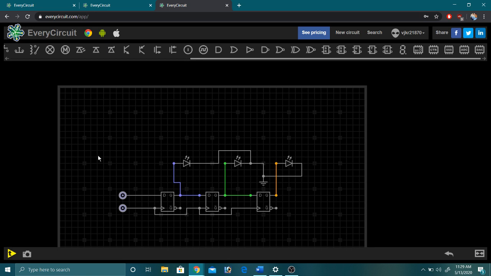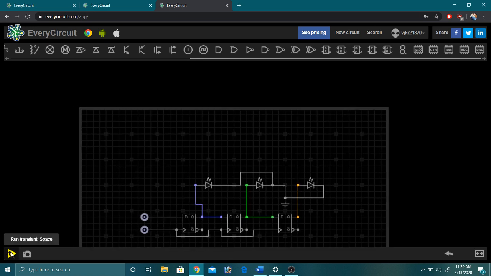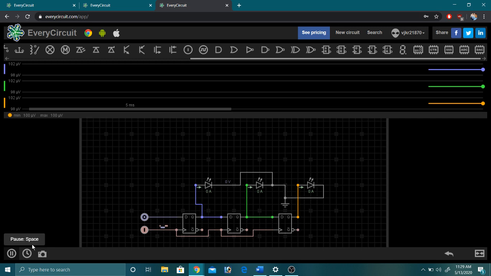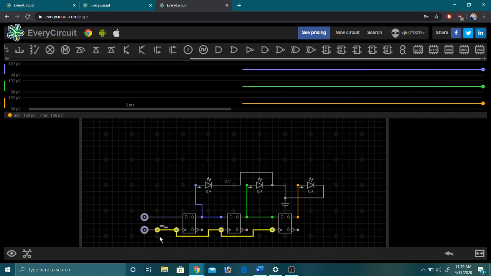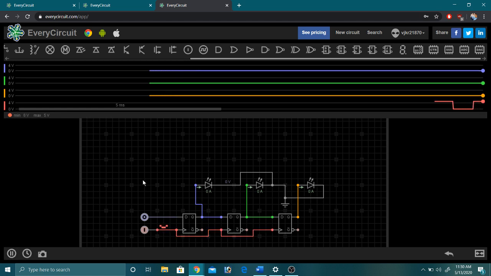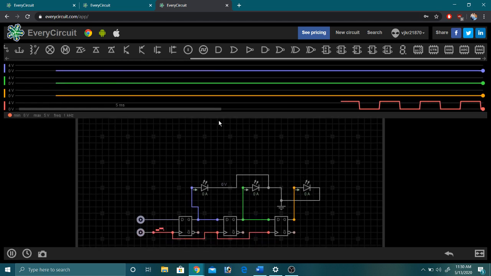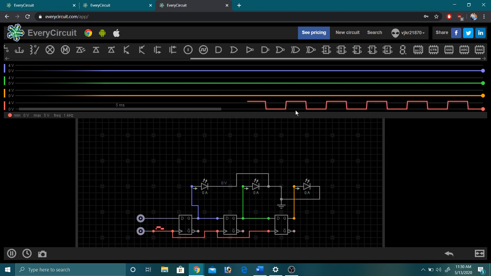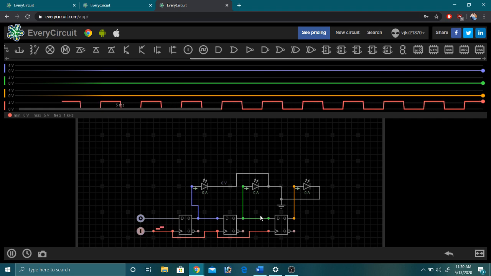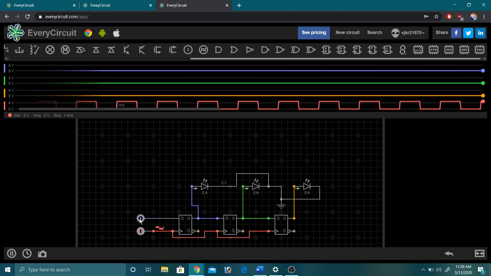We'll try to generate the waveforms and observe the LEDs also. So we have a 0 signal here. We'll also add a waveform for this clock. This seems interesting. So clock is being changed, but because we have a 0 at the input, nothing will happen on the outputs. Everything will be 0. Once we convert this to 1, I will reduce the speed so that we can easily observe. Okay, I will make this 1.